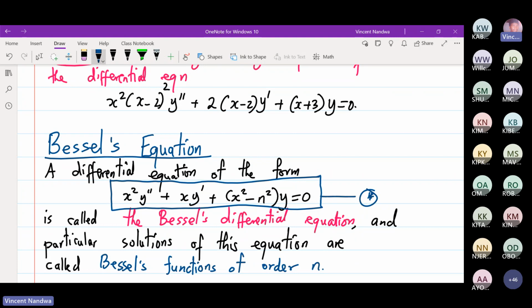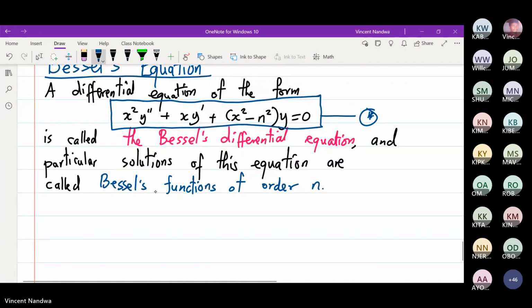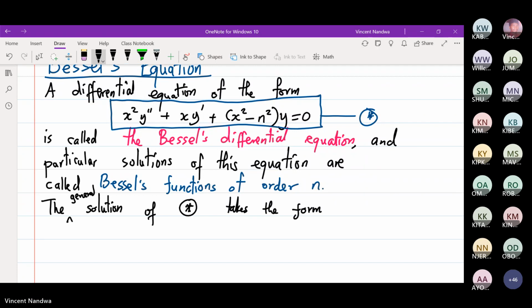But once you use the Frobenius method, or series method of solving differential equations, you will find that the general solution of star takes the form